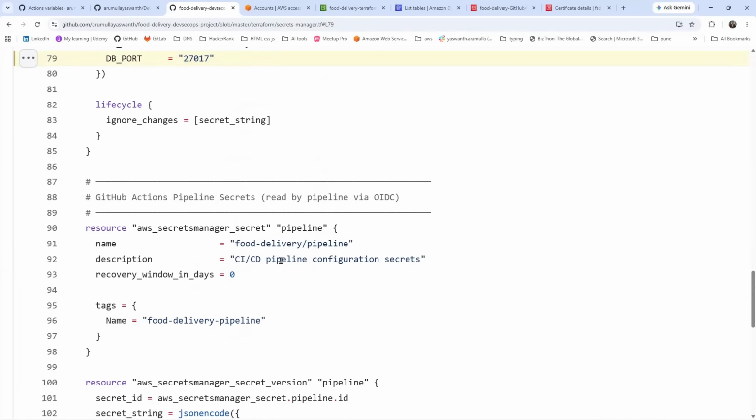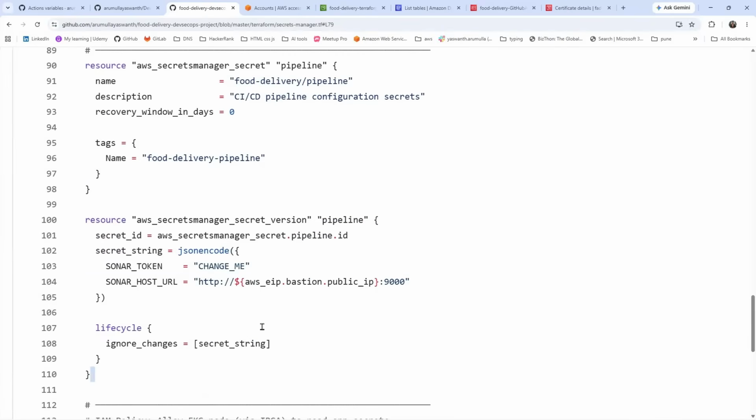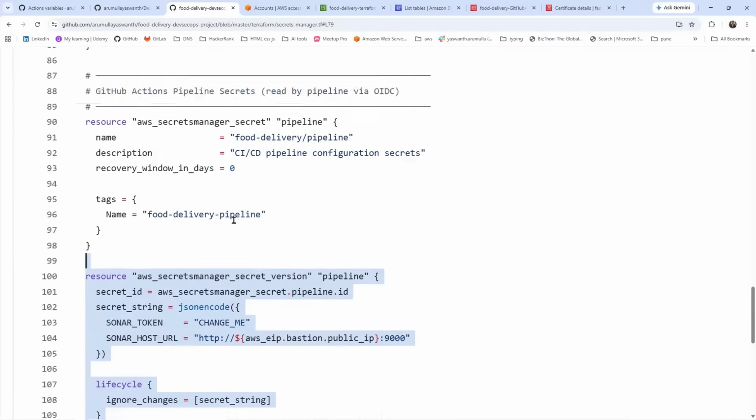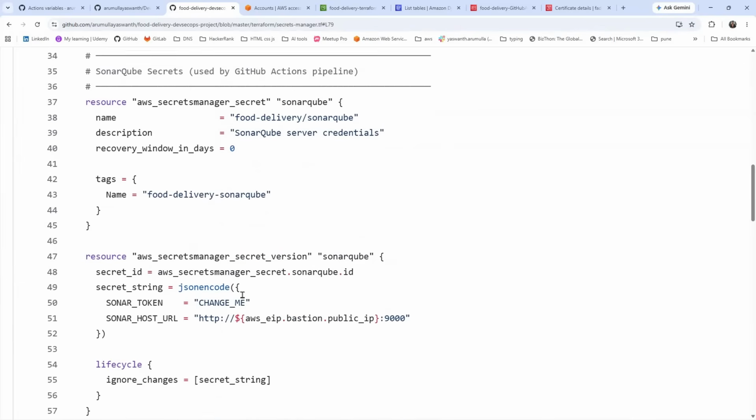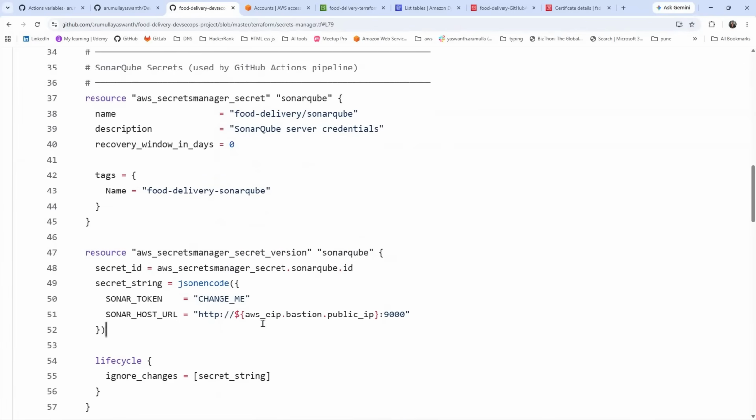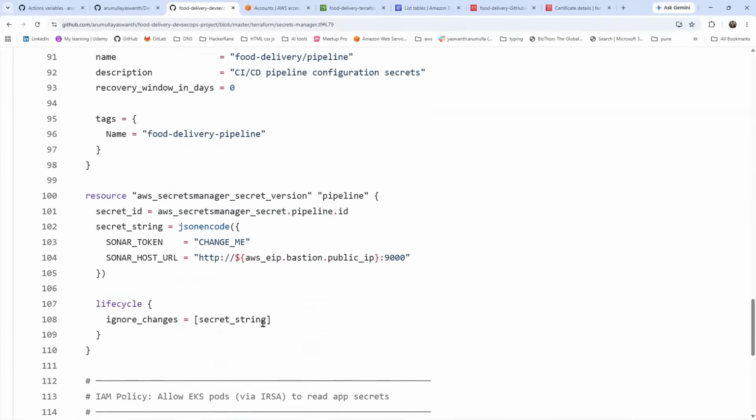Suppose when you merge the PR, every time your pipeline will run and it will identify your code secrets. At that time it will pull these OIDC secrets. Same thing, this is the SonarQube token and SonarQube host name, and this is for the Bastion server. It will pull, but this is the GitHub Actions pipeline for deploying the application in Kubernetes. For these secrets,